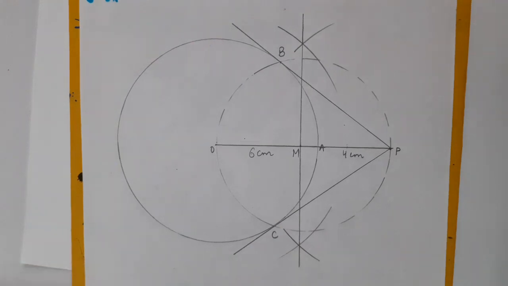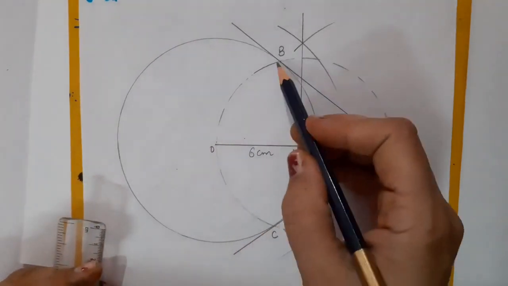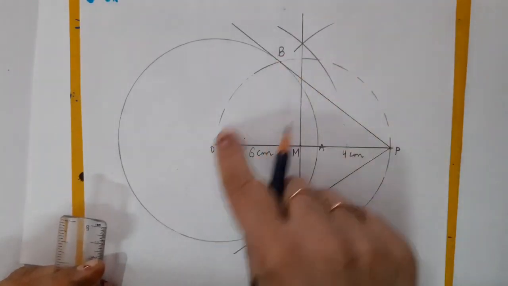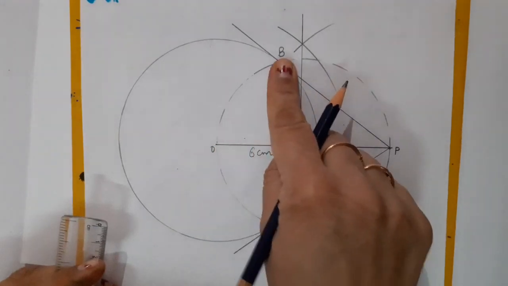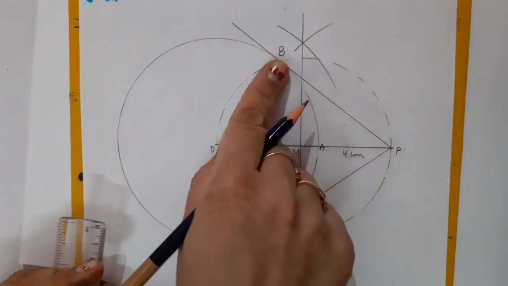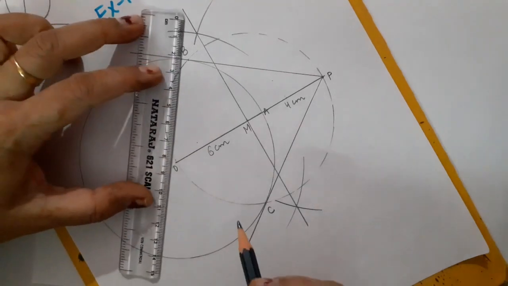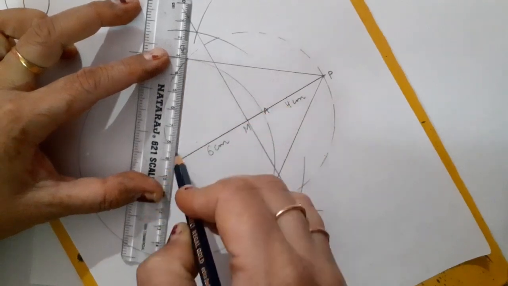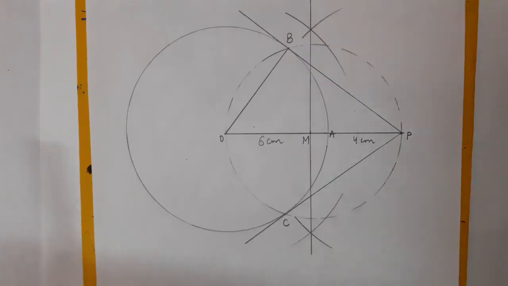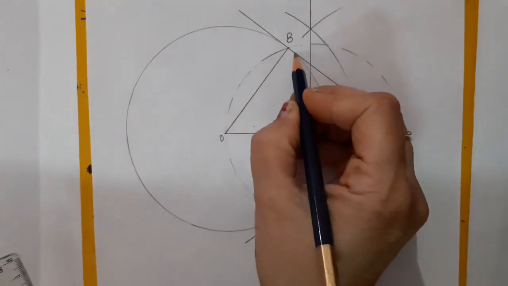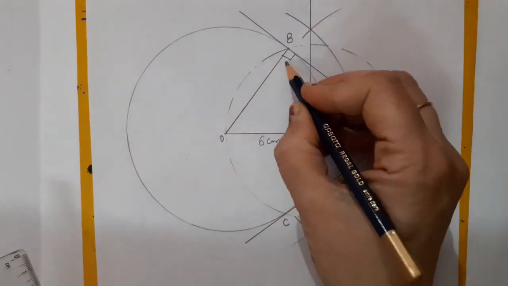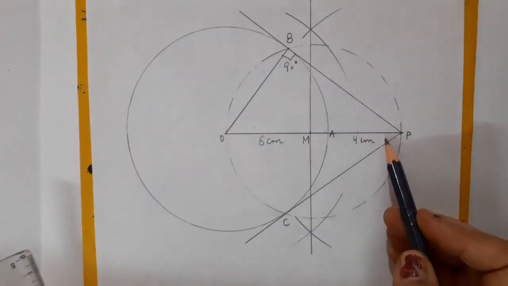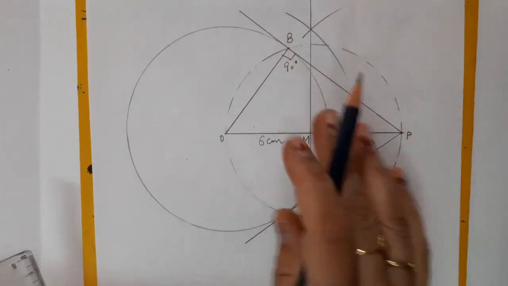Now how to justify it? As I have explained you that radius is always perpendicular to the tangent at the point of contact. Now I am going to join O to B because OB will be radius and PB is tangent. So you can see children, from point O to point B, I am going to join. Okay. Now you can observe that this is nothing but the angle in a semicircle. That you know that it is of 90 degree, and it is proved that radius is also perpendicular to the tangent. So it means our tangent is appropriate.